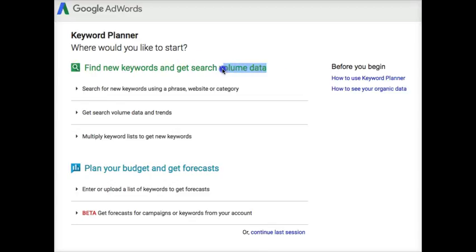The search volume data is going to tell us how often the specific phrases that we find are searched, how many people are using those phrases each month. Okay? So if we want to find keyword phrases to get ranked for, that's helpful information to have, to know how many people are searching it, right? We kind of need to know that data.